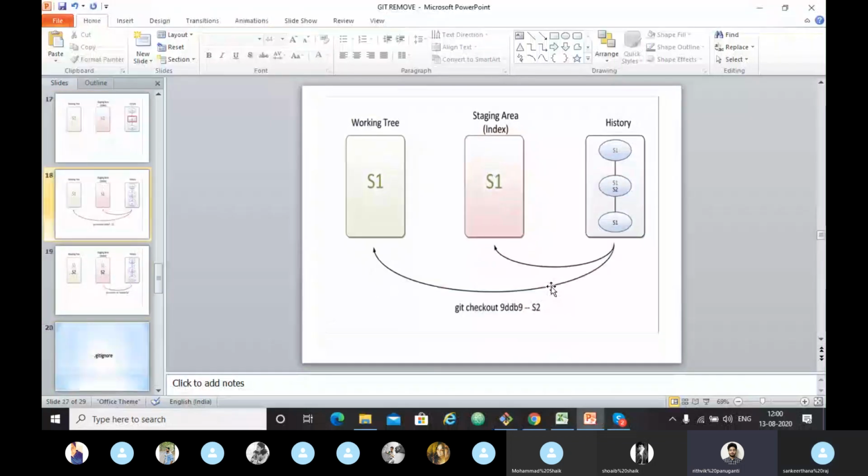Working tree to staging area. Here git checkout means whatever is in the history, S2 is in the history right now, so you will keep it in the staging area and the working tree again.